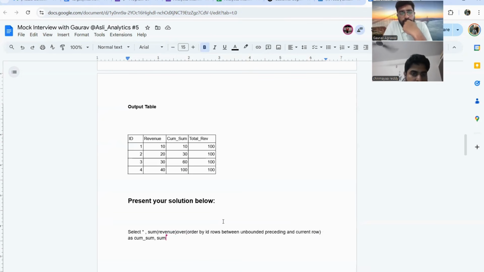How do you get total revenue? I'll do a sum of revenue on the complete table. The way we used in the last query, right? Now you can't use that for this query. You were suggesting some other approach in the previous question. Can you try with that?